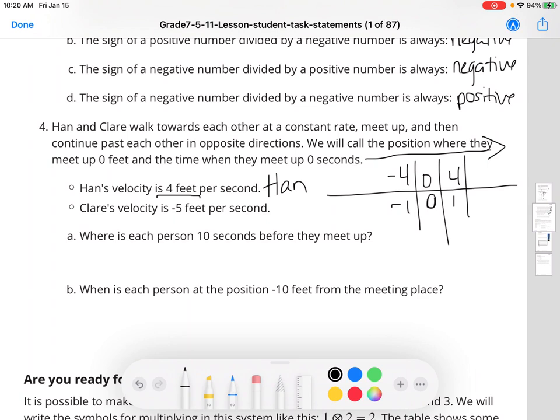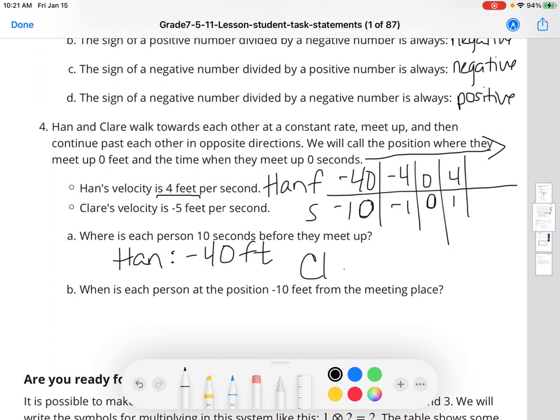Okay, A says, where is each person 10 seconds before they meet up? So that's wanting to know, at 10 seconds before they meet up, what was Han's location? So Han would be at negative 40 feet, because he's traveling to the east, so before he gets to the meetup location, he's in the west in the negative locations. Okay, for Claire,